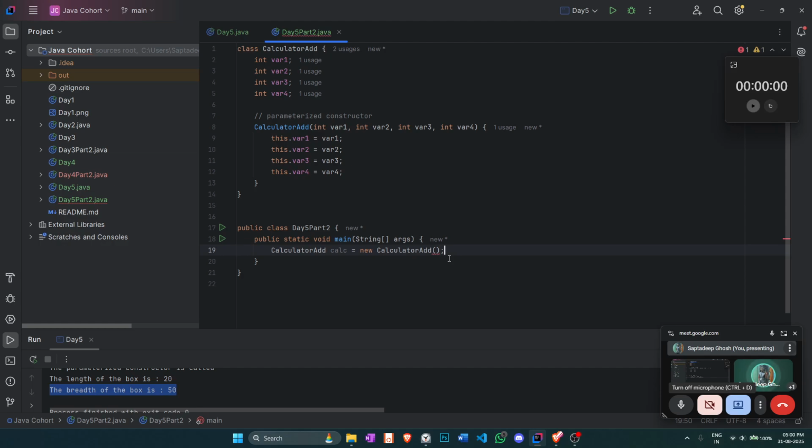But didn't I tell you that if we don't create a default constructor, the compiler will automatically create a default constructor? Haven't I told you that? Exactly. We have created one constructor, and the compiler will say, okay, the user has created a constructor. Doesn't matter if it is a default constructor or not, but he has created a constructor. So,